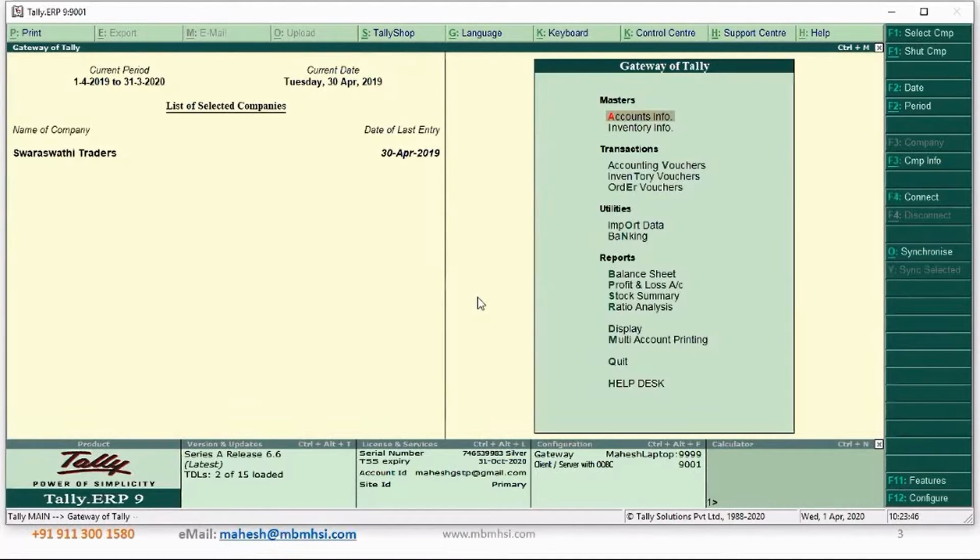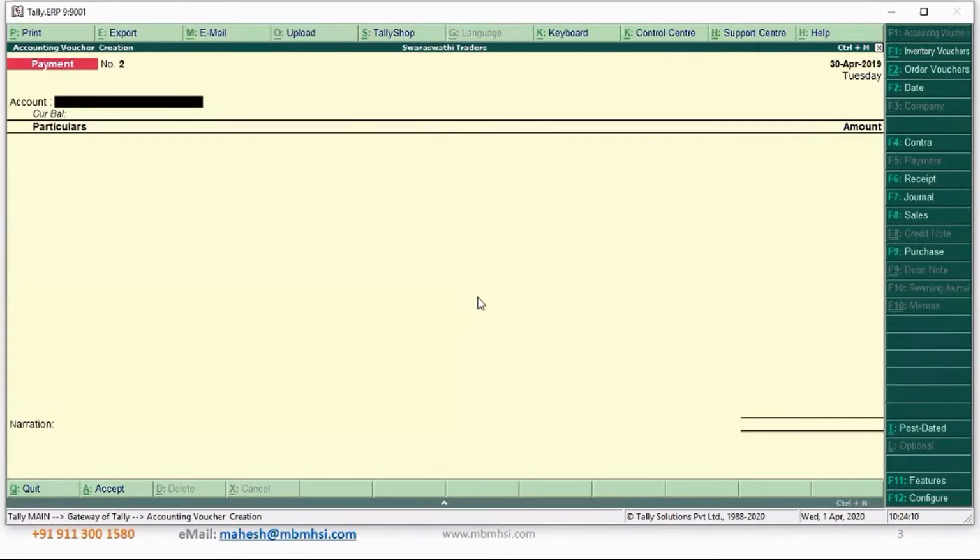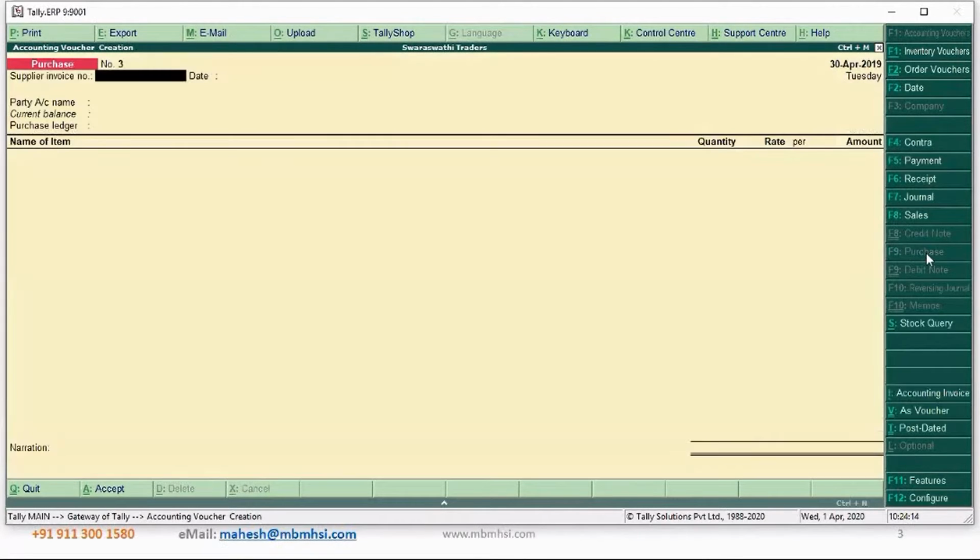Clear? Okay. Now let's go to transaction. So this is what you need to do in masters. There is no other thing. Okay, let us come to the exchange rates when we are doing the transaction. Okay. So now let me just go to the transaction. Accounting vouchers. I'm doing one purchase entry. So we are doing an import of the product. Okay. So let me just go to the purchase entry.